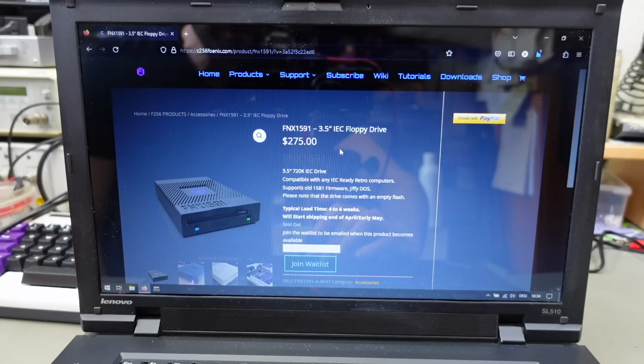And there is actually a way to get a 1581 ROM that is super compatible and even better than the Commodore ROM, really. The JiffyDOS ROM is still available commercially. So we're going to buy a kernel ROM, flash it on here, and then go from there and see if this thing actually works. This is available from the Foenix shop,